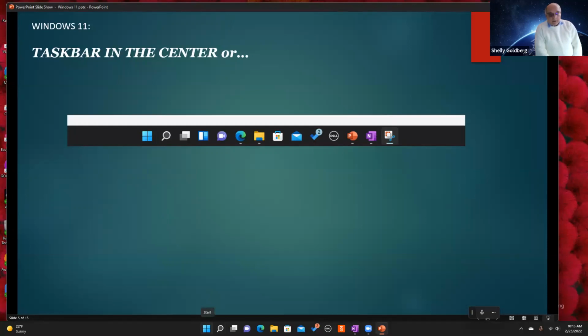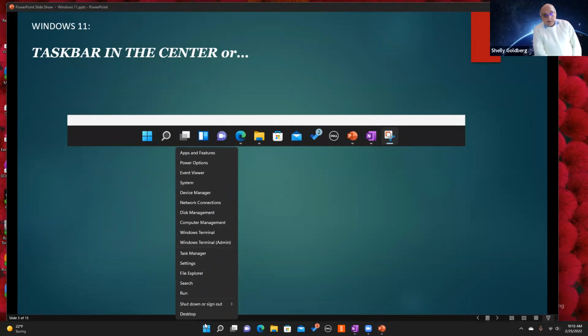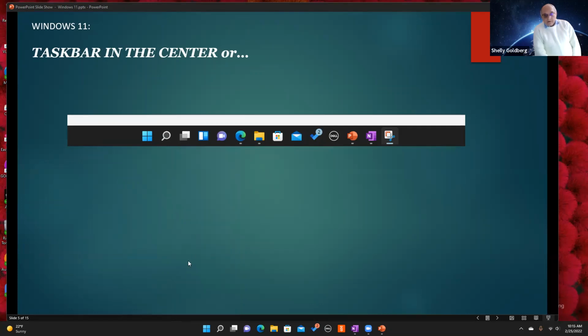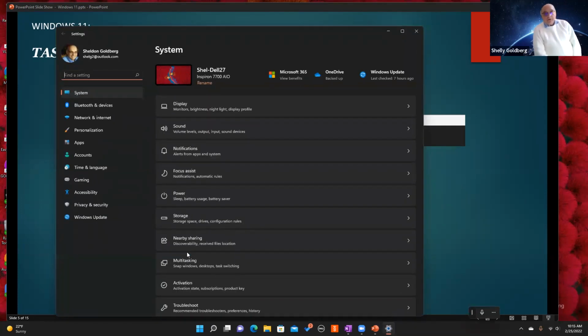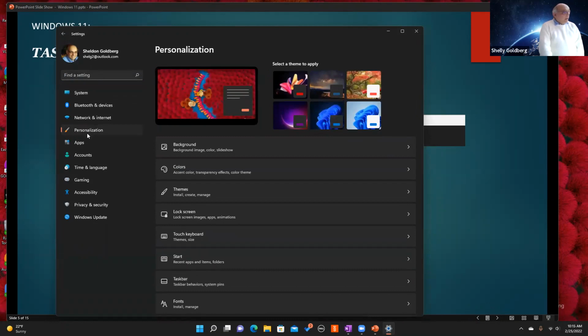If you right click on the Windows Start icon, you will get a list of things that you can do, one of which is going to settings. So you can click on settings from there. Once you get into your settings, in this case, you would go to personalization. On the left side, you'll see personalization. And within personalization,